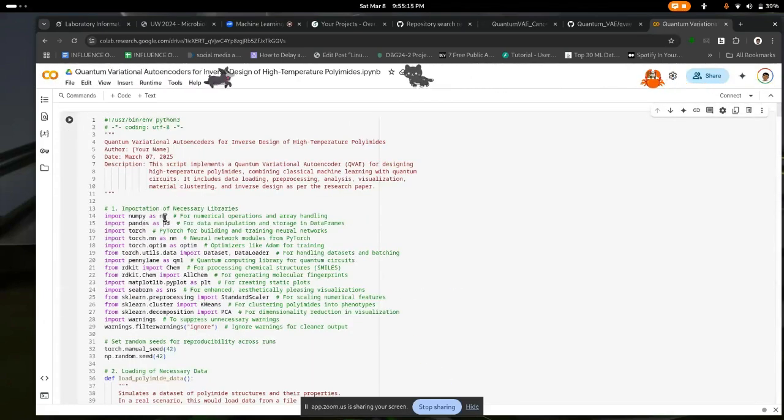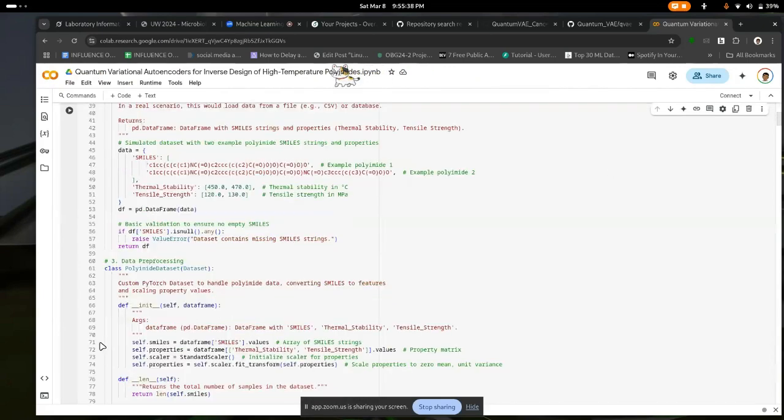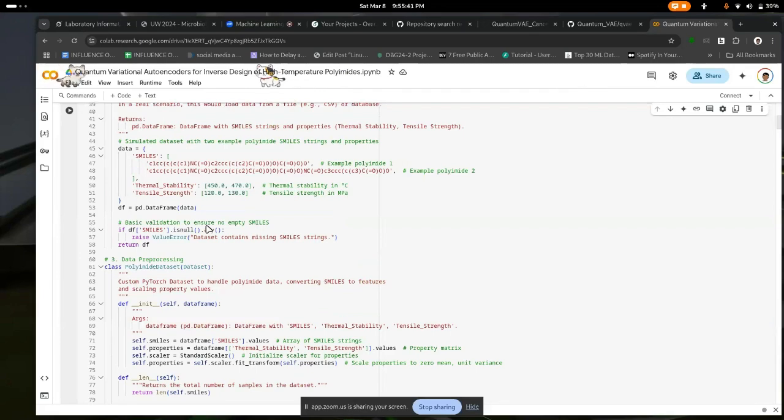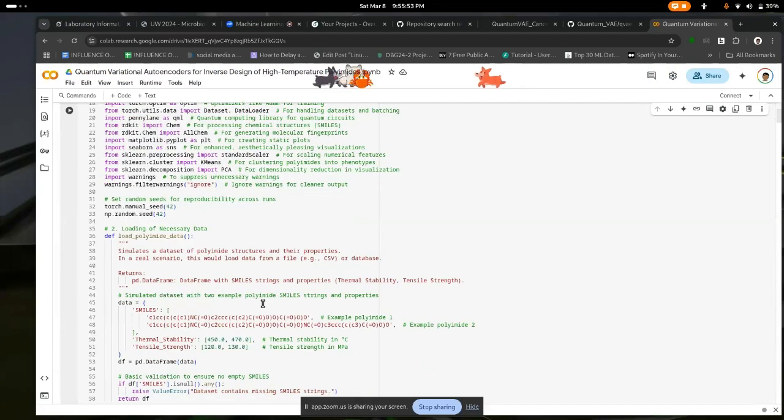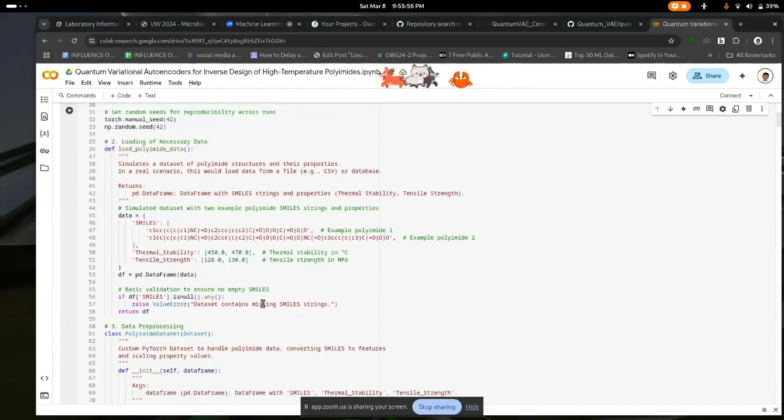Like I said, the first step you will do is you want to import necessary libraries. So she has imported necessary libraries. So she has imported NumPy, Pandas, PyTorch, and a whole lot of other stuff, right? And once that has been done, the next thing you would want to do is you want to set random seeds. So what random seeds means is anytime you run your code,